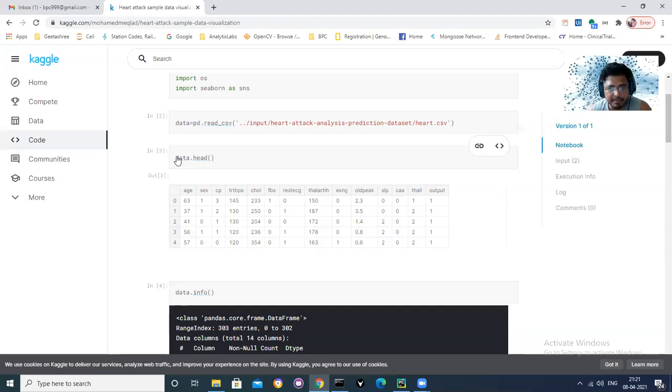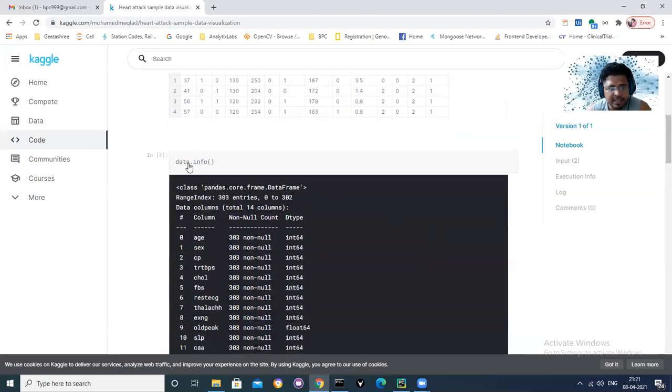That's why this head command gives us a benefit, right? So as soon as I read the data, my first rule says that I will do the head command and I will see whether what I am looking at makes any sense to me or not. Okay, so this is my first step.